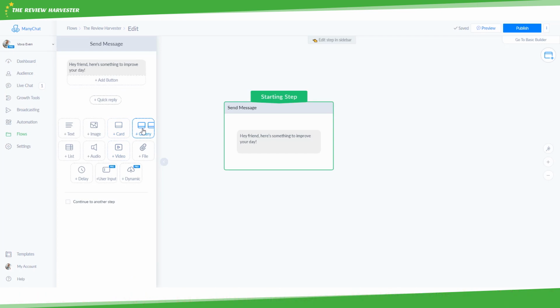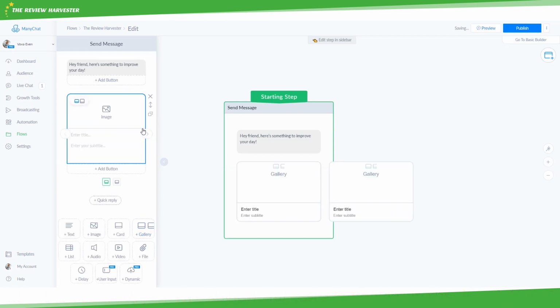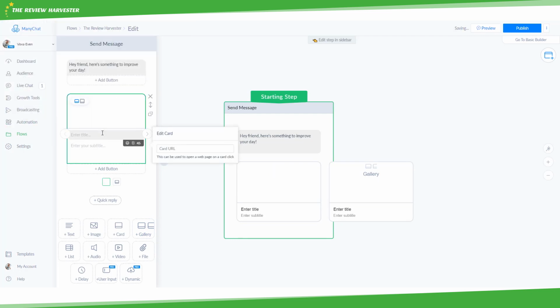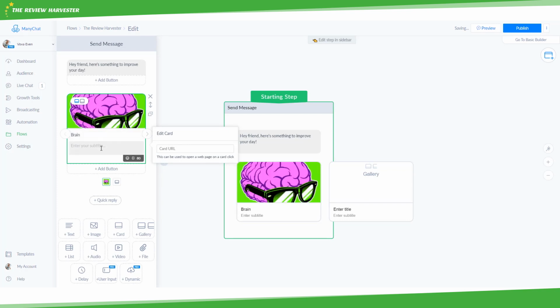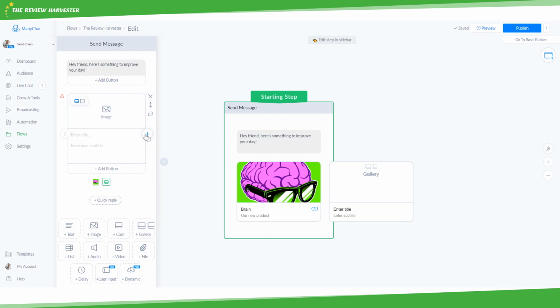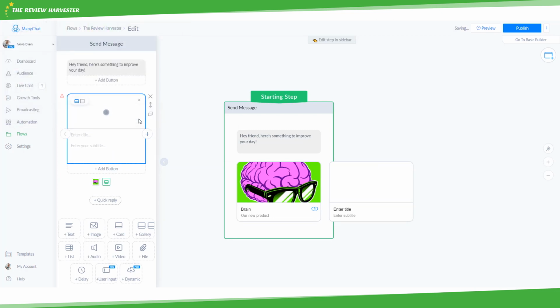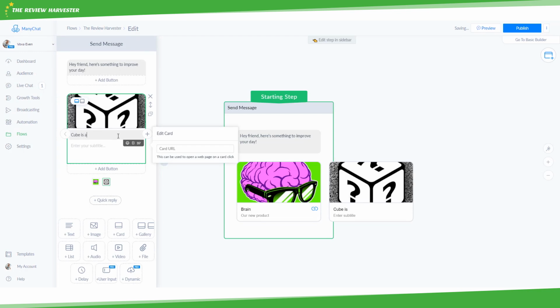Now, gallery is like mini cards together. Let me show you. So our first part of the gallery is going to be, well, let's use the brain. So it's going to be brain and our new product. And we can send them to, again, some website, Amazon.com. And then we have the next image. Okay, we can use a few here. Let's use this cube. Cube is back at 99% off. Crazy deal. And we can again send person to